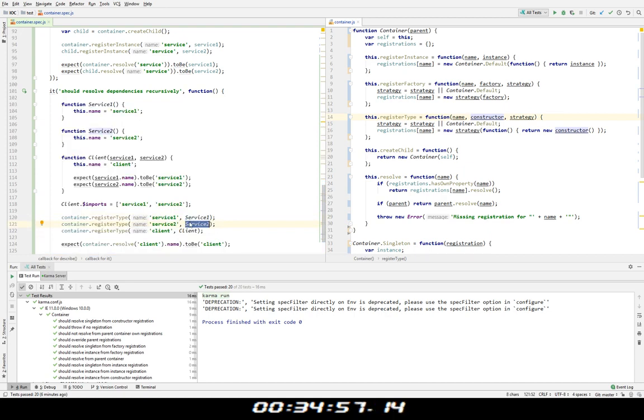Well, that checks that I'm parameterizing the constructor. But it doesn't actually check that any recursiveness happens. In order to check the recursiveness, I'm going to add